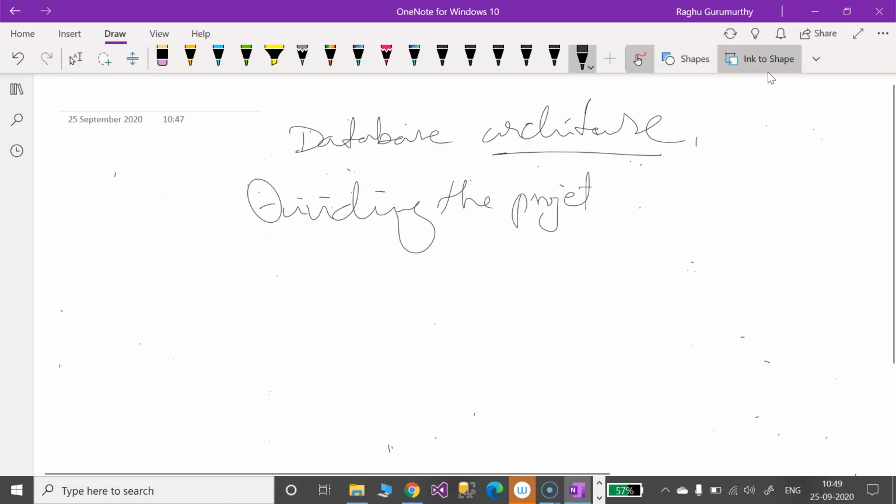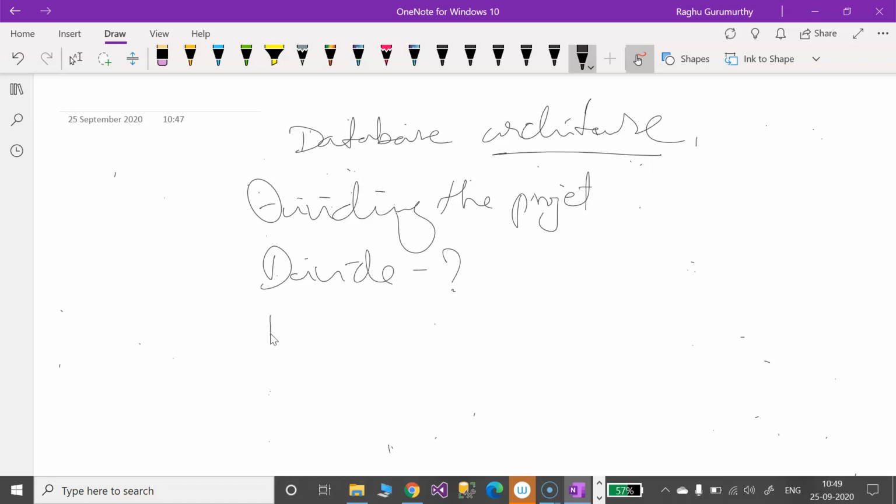Why do we need to divide the project? That is our next question. What is the need of dividing? For the sake of maintaining. Next, for the sake of software development.